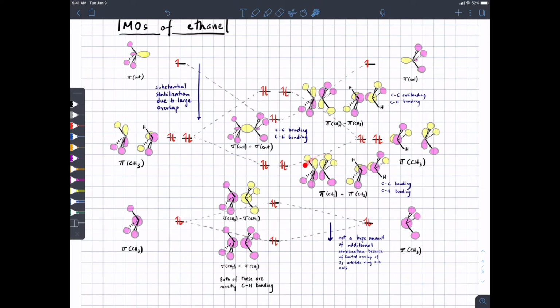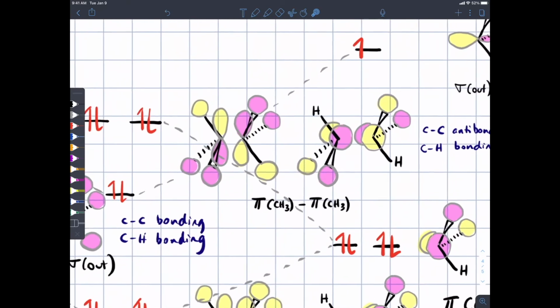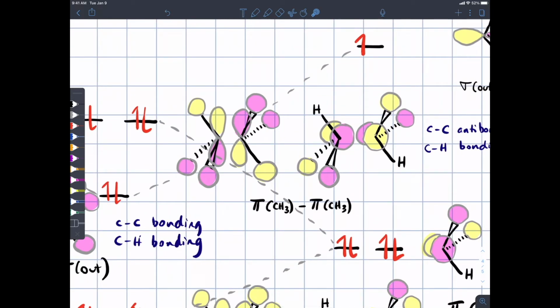So just as we got these from adding the two pi CH3s together, we get these two by subtracting one from the other. Zooming in to look at that, here's one of the pi CH3s, here's the other, and they're opposite in phase. But it's still a bonding orbital, because even though we would say it's carbon-carbon anti-bonding, you've